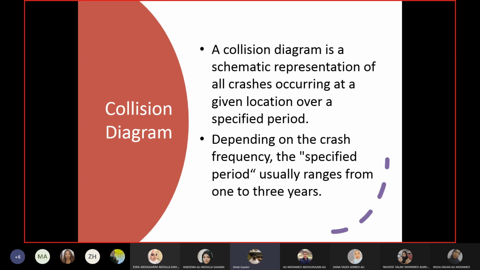Okay, so you collect the data for all the crashes which happened on that location in a specific time period, and you plot it in the form of a sketch or a schematic diagram. Now that time period is at least 1 year. The number of crashes are at least given in a collision diagram for at least 1 year, because less than 1